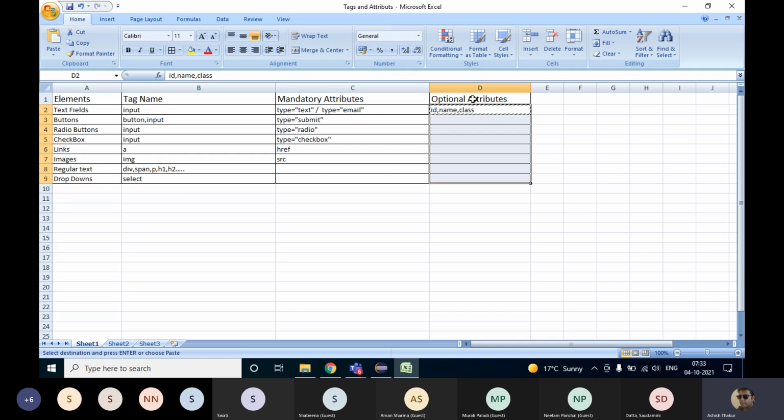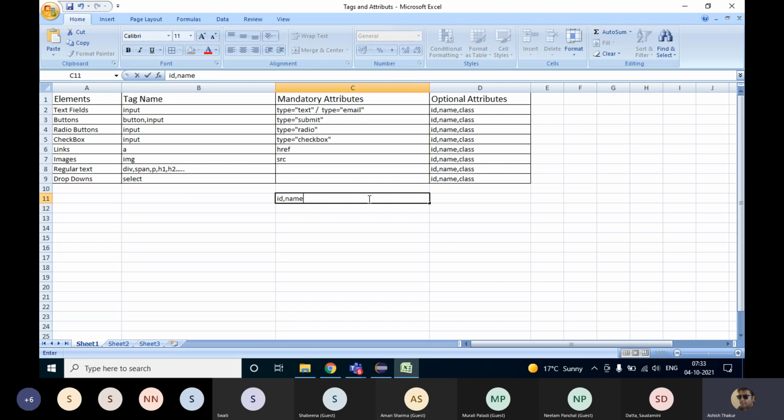These can or cannot be there with the element. But ID or name are unique. Generally, developers don't give the same ID to different elements on the web page. If an element has got ID or name, it really becomes easy to identify the element with Selenium.